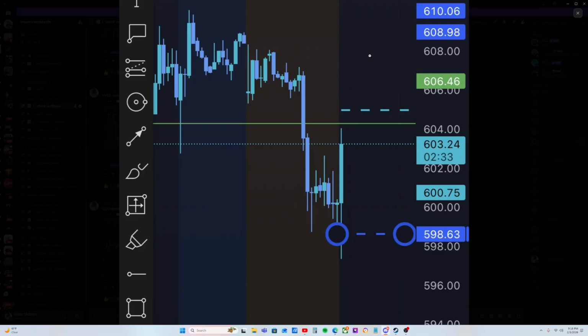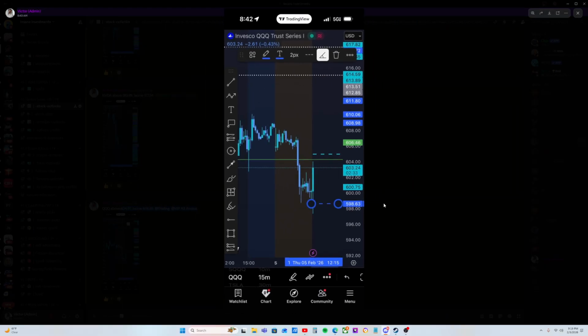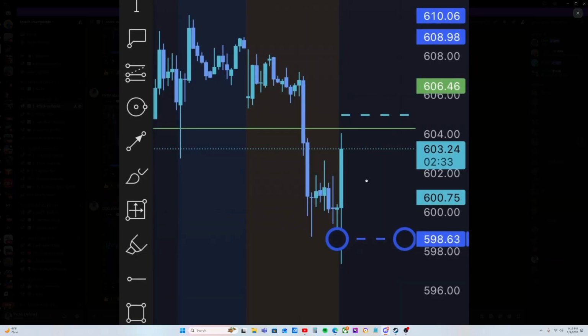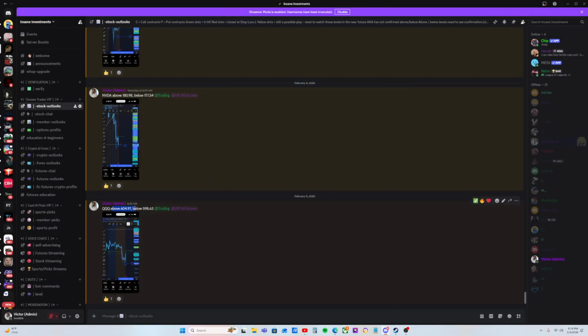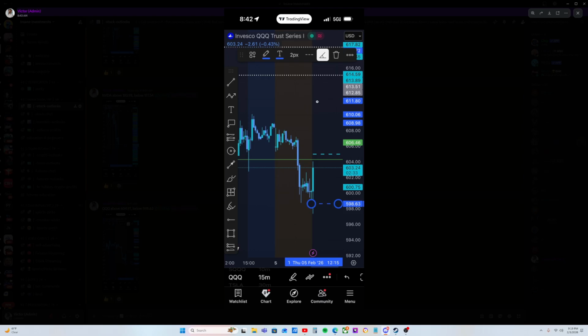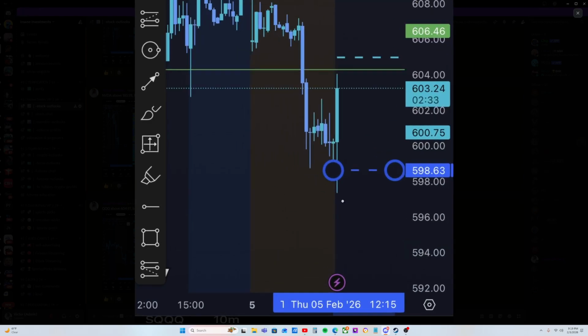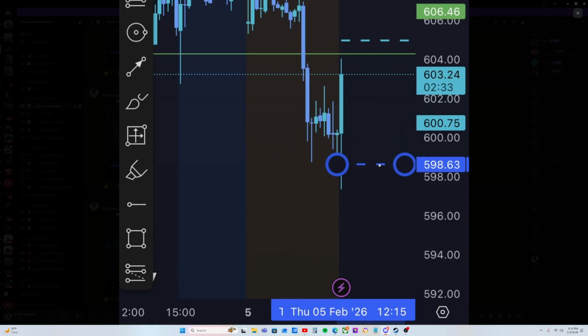So let's say it's the opposite, right? Instead of price going up, QQQ was at 603.24 again at 8:42 a.m. this morning. Let's say at 8:55 a.m. we're actually seeing QQQ trade below our lower level, and so again I show it here: above 604.97 was the light blue dotted line, below 598.63, right? So the opposite of calls, which is going up. I would look to purchase puts or buy put option contracts when price is holding below here, okay? And when I say holding below, what I look for, me personally, you enter when you want to, based on my technical analysis and experience, I look for something called